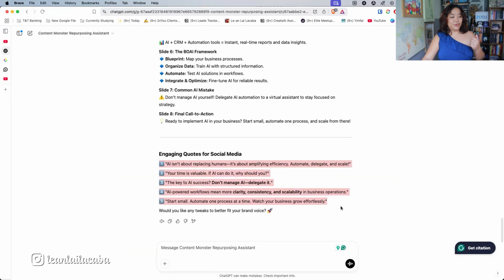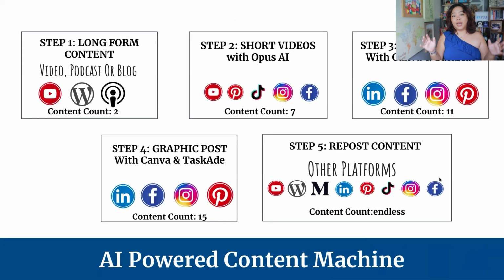And then here, these are your engaging quotes from the blog post that you can use to promote it. You can put it into a graphic, or you can even ask it, hey, can you turn this into an infographic? Whatever kind of media you want to create from that one point of content, you can now do with this custom GPT. So again, in the link below, it's free. I'm not putting any price point on it because it's just a fun little thing that I like to do. And that is essentially how you have your own AI powered content machine.